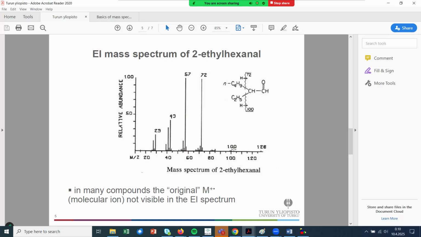2-ethylhexanal, its mass spectrum. So probably the original molecule, the molecular ion here, would be maybe this 128. I'm not sure, maybe. But what you see are mostly the fragments in this mass spectrum. Lots of fragments. But the fragment profile for 2-ethylhexanal always needs to look like this. Remember, it doesn't change. When we have this certain energy level in the electron bombardment, we always end up getting this mass spectrum where the relative proportion of these fragments